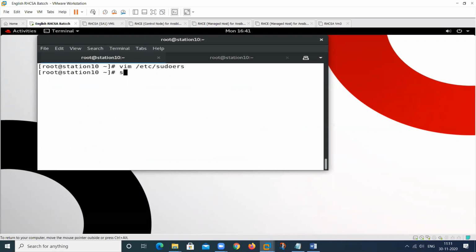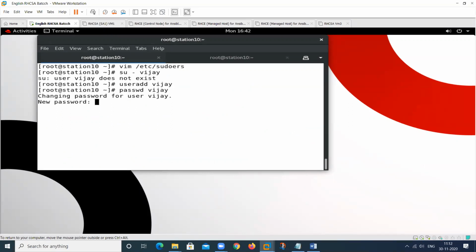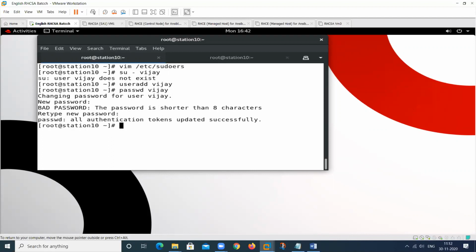su hyphen Vijay. Okay, Vijay is not in my system. Create this user, give the password for this user with passwd, then log in as that user again.